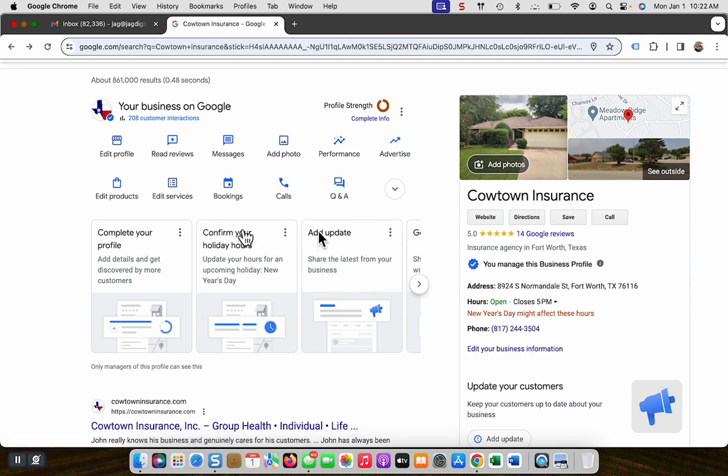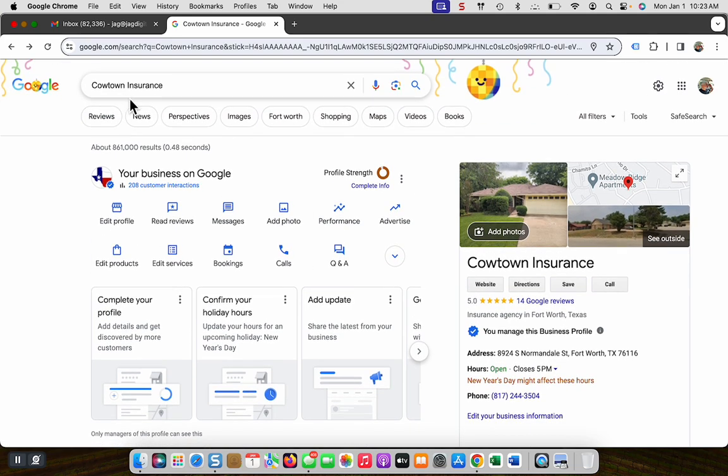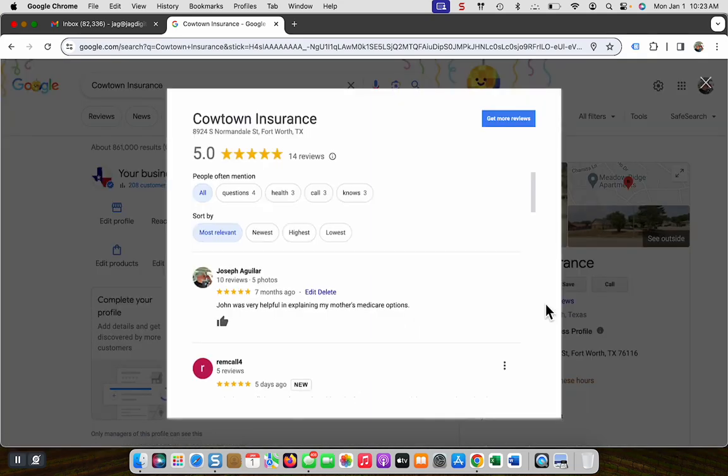This is called a business listing, and then you'll see line items of everybody else that's either paying for ads for his space or that also ranks in his space, which is going to be a bunch. It's insurance companies, right? But when you type in Cowtown Insurance, you go to Google Reviews,